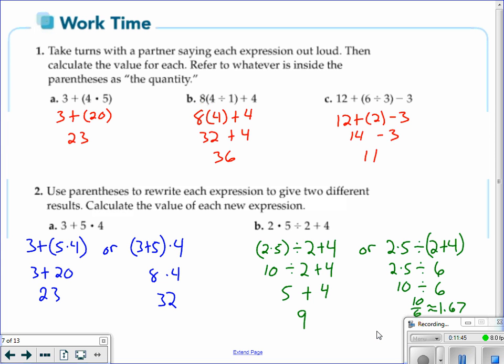If I were to do it that way, I'd end up with 10 over 6, which is about 1.67 when you round it. Now for letter B, you could have done that one more way. You could have put the parentheses around the 5 divided by 2 if you wanted to, and you could have calculated it out that way. If you did that and you want me to check it, just let me know. Alright, so we're going to move on